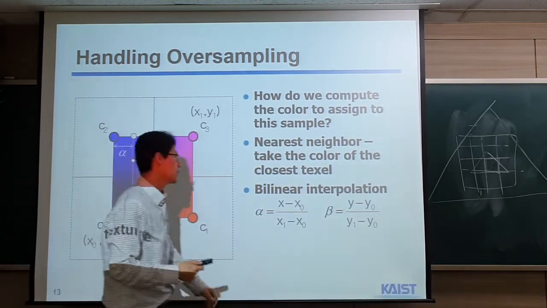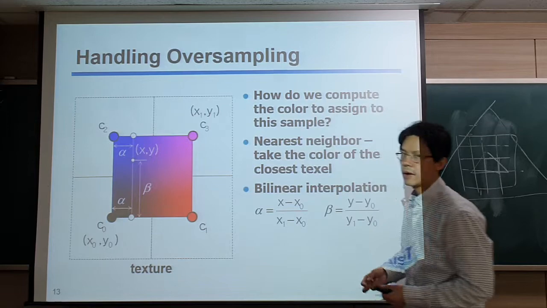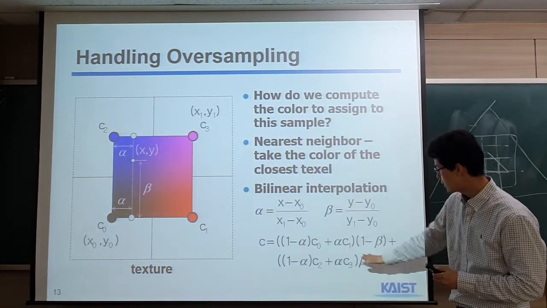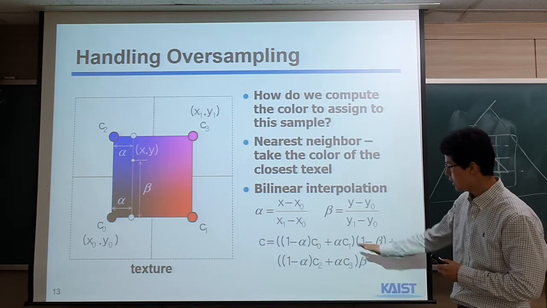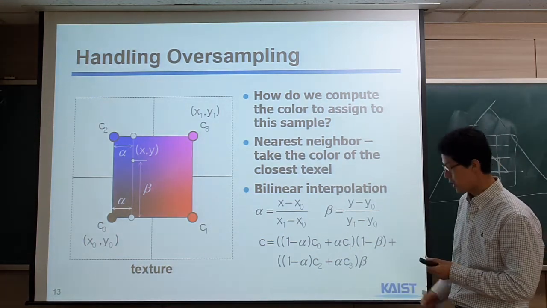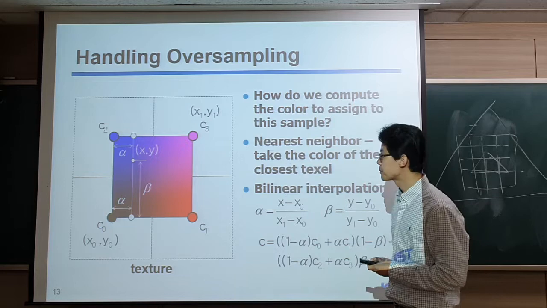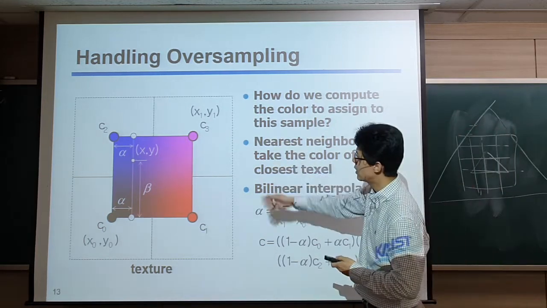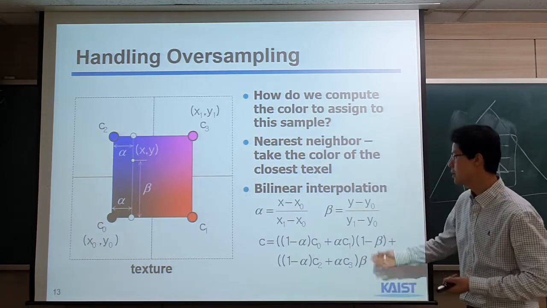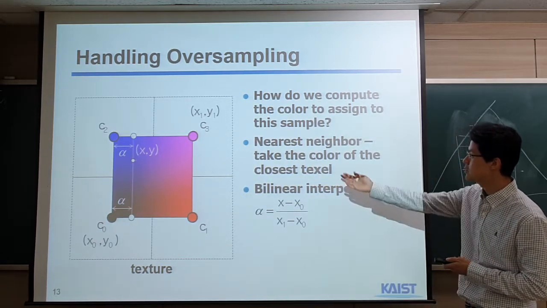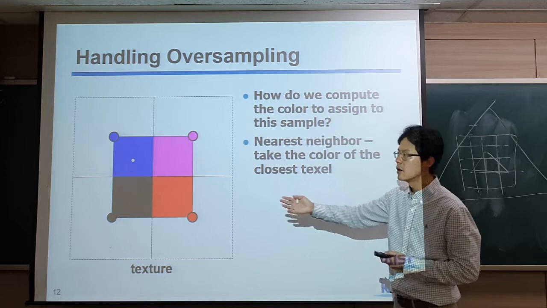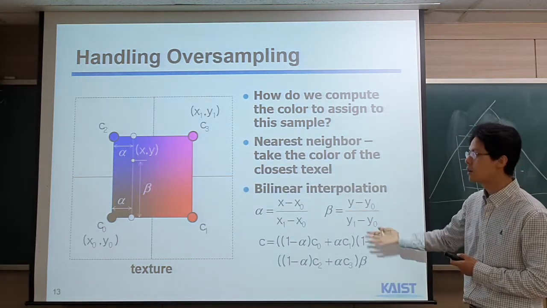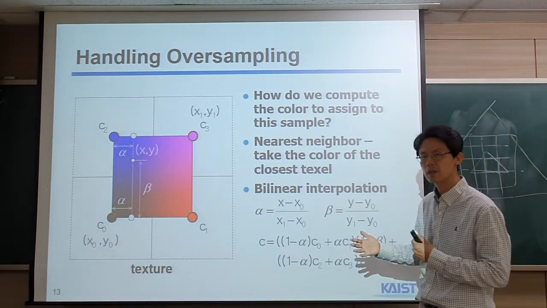So basically, if I show the equation for the bilinear interpolation that I talked about, you can find this equation based on this concept. By using the bilinear interpolation, we can get a very smooth color change, right? Maybe this could be better than just using this kind of color. But it may be a little more complicated. In other words, it may require more computations, which may be a bit of a burden to